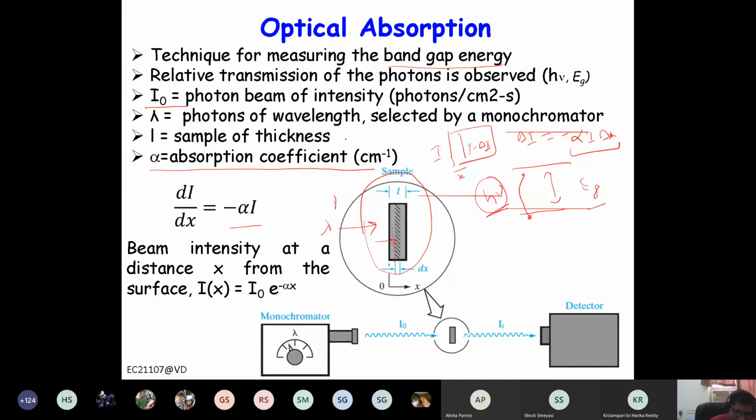So absorption will be alpha dx, right? Times the intensity. So you can write dI by dx is minus alpha times I. Now if you integrate it from 0 to any length L or any length x, you can write I will be I naught e to the power minus alpha x. So if the length is L, then the transmitted intensity will be